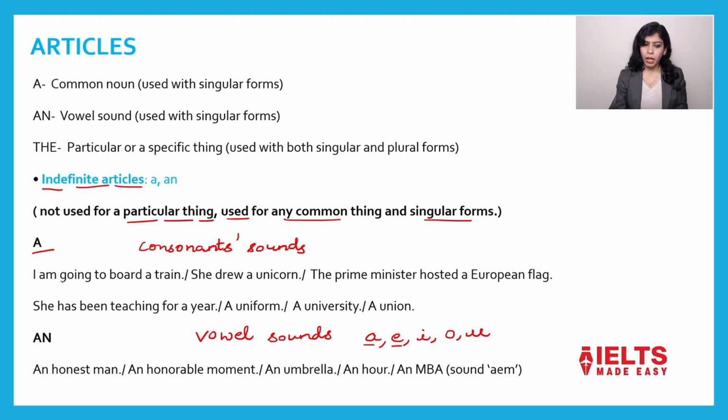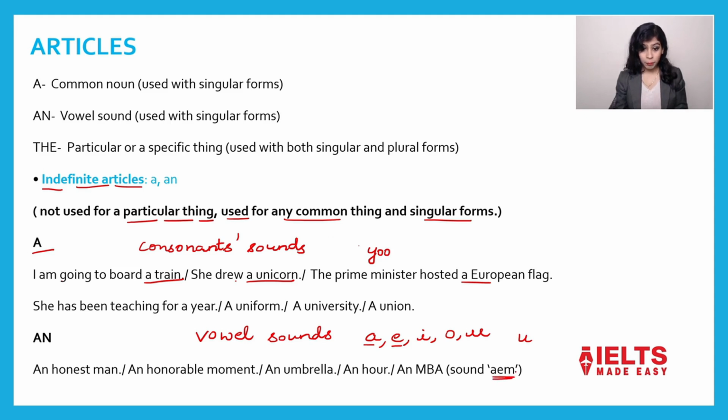For example, I am going to board a train. She drew a unicorn. Now you must be thinking why there is a before unicorn. Why there is a before European flag? Why there is a before other things as well? So I am going to explain the difference. A uniform, a university, a union, a unicorn, a European flag. Basically the sound is Y-O-O and the sound of U is